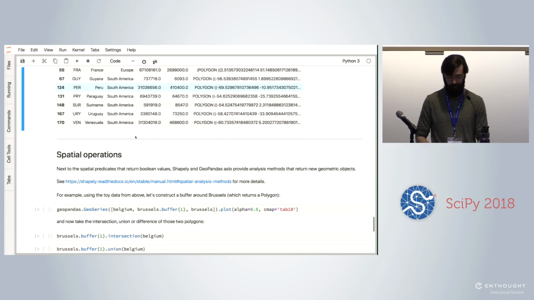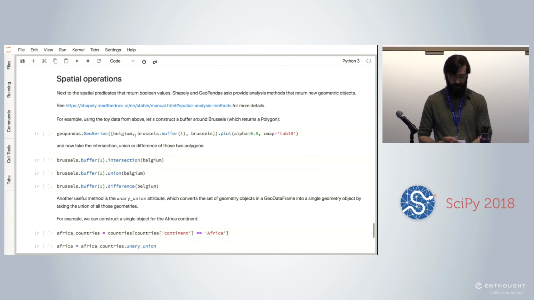No? Cool. So then the final part of this notebook is covering spatial operations. So far we've talked about spatial relations, right? So how can we put in relationship two objects and check whether they meet the requirements of different types of relations, whether they touch, whether they cross, whether they intersect, and so on. Now, another big set of